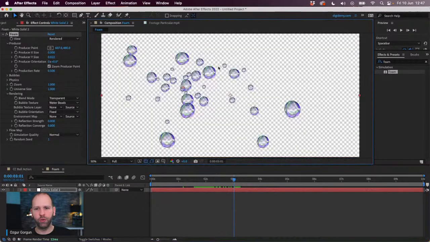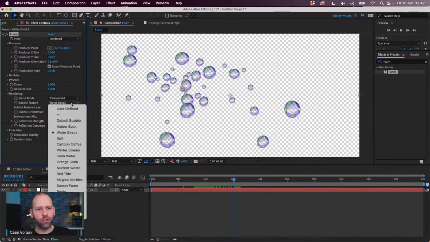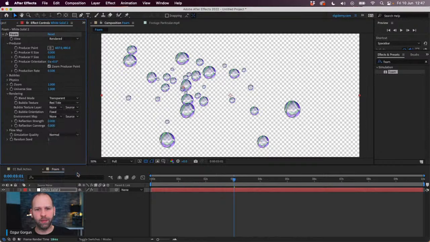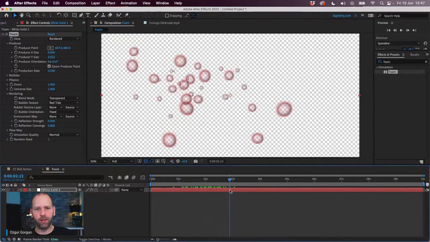If I turn this on, you see we have a transparent background, not just black. You can change it to anything else, let's say red tide. That's what that looks like. The great thing about this effect is that you can actually use a custom shape. So you can build a shape yourself, both in After Effects or outside of it, say using Photoshop or Illustrator. You can take a logo, anything you like, you can turn into particles. So let me show you how that works as well before we move from this effect to the next one